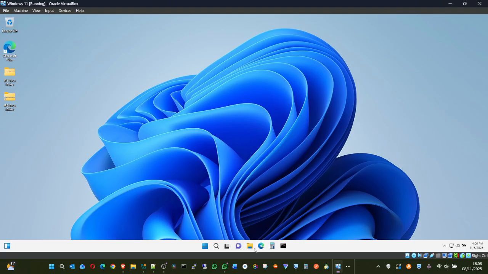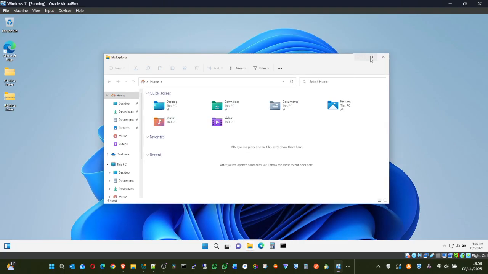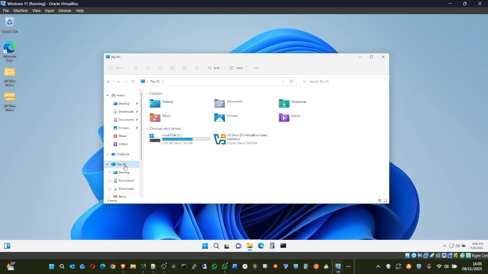This is the taskbar right here. Click on the File Explorer. While the File Explorer opens up, you click on This PC right here. Having clicked on This PC, you will see the details of your drive and all the other folders that you have on this PC.